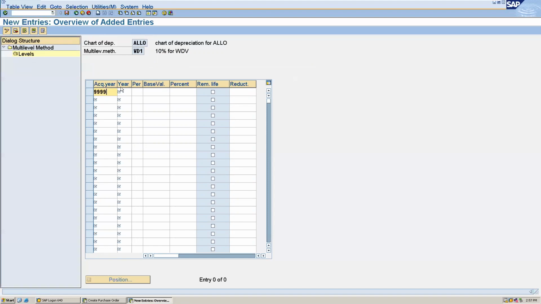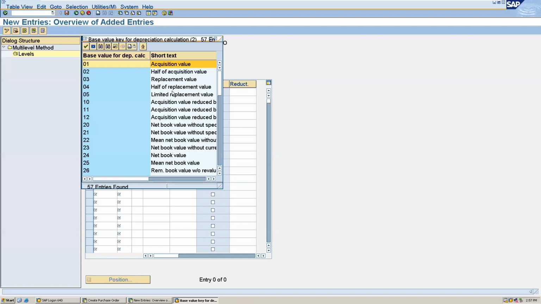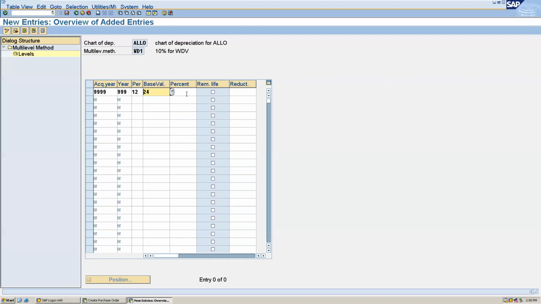And also here I am just maintaining the life of the asset, just 999 I'm giving. And then the period, the depreciation run, same I am maintaining one for each month, that is the 12 depreciation runs. And for the written down value, the base value you have to give is net book value. Okay, you have to give it as net book value, and the percentage we have to maintain, I will maintain it as 10. Okay. After this, save this.